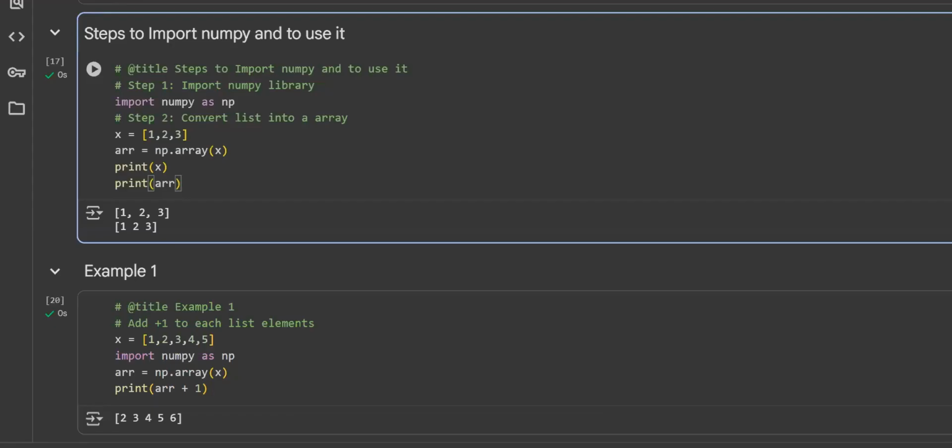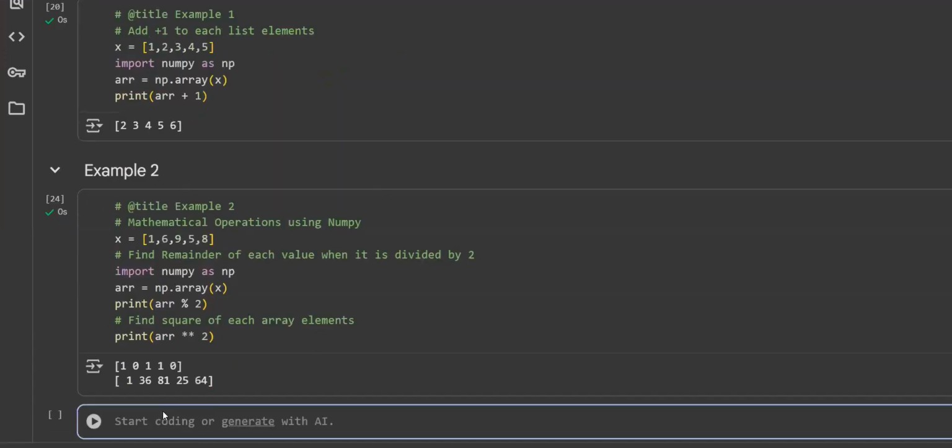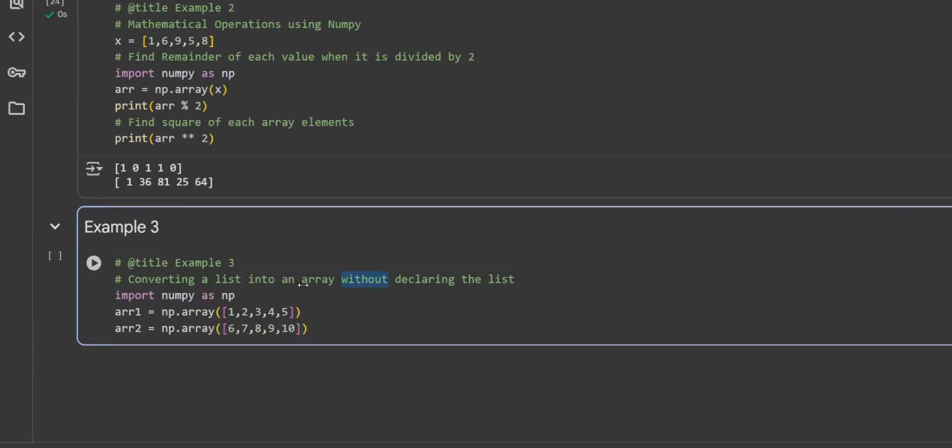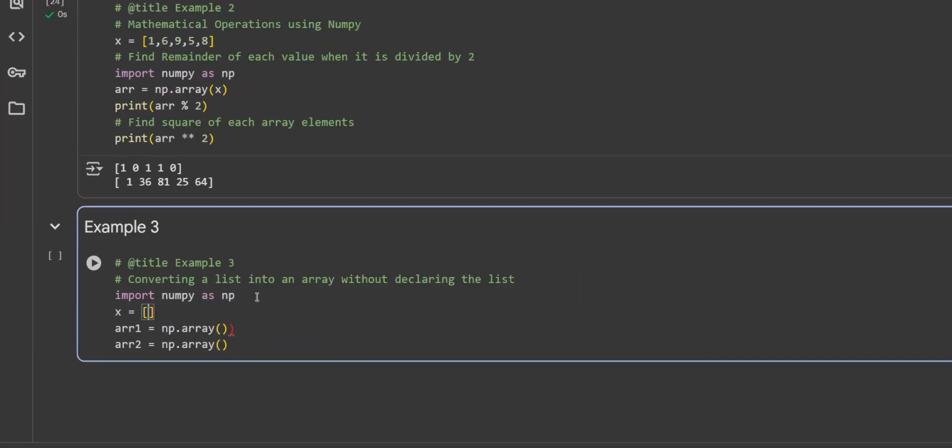Okay, so if I provide you this particular value, let me just copy and paste it. Okay, so you can see converting a list into an array without declaring the list. Okay, so what have you learned? We have learned that first of all, we have to mention the list, that is X is equal to list value, that is 1, 2, 3. Then that list has to be inside the array like this, right? But instead, if I want to declare the list